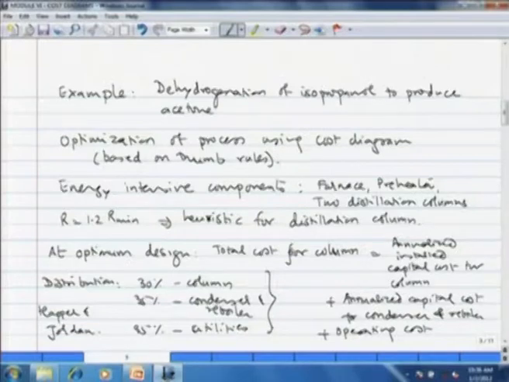the flow sheet. We saw an example of acetone manufacture through isopropyl alcohol dehydrogenation, and we found out that the two distillation columns in the flow sheet were far from optimum operation, based on the cost that was attributed to the column and the column auxiliaries, the reboiler and condenser, and then the cost of operation of the reboiler and condenser. So the operating cost and capital cost. That gave us an indication of the area in which we have to optimize the process.